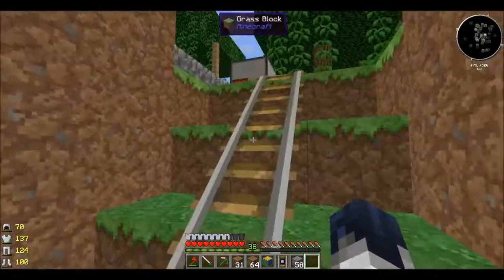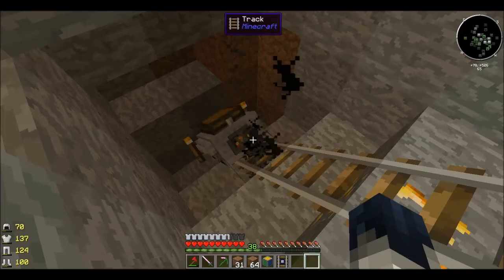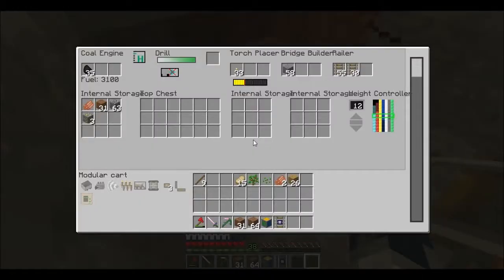I'm going to take some coal, get more of this here, and also get... I guess the bridge builder can accept only the stone, which is weird. Okay, well, that's nice to know. I'm going to say that my cart will mine on level 12, and let's see. Yeah, so it's mining, and it will turn back when it has